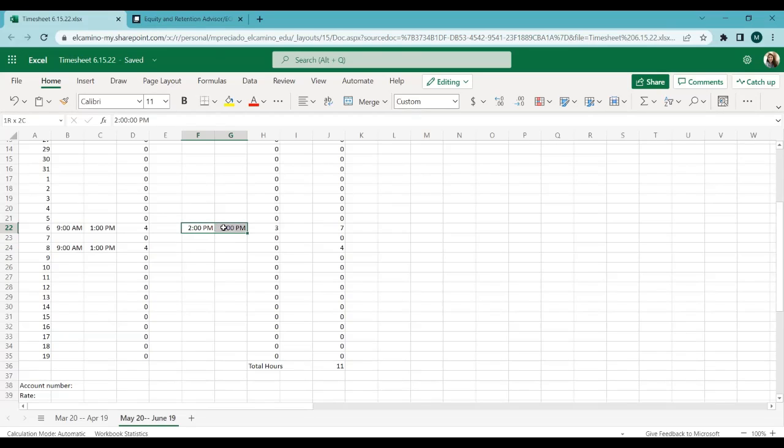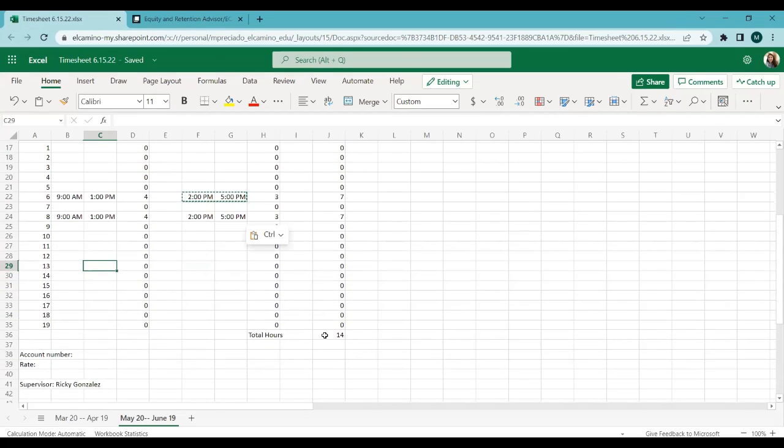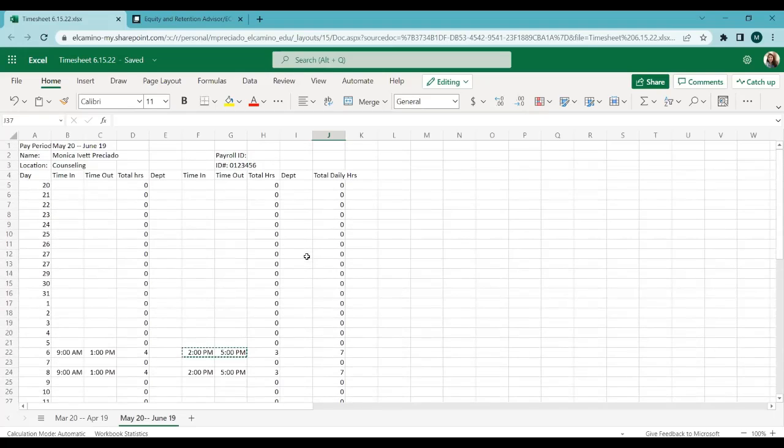As I mentioned, you can typically copy and paste. So there it is. And this gets tallied. Make sure this is correct. And then it should also tally the total hours down here. Once that's all done and you already submitted all of your hours that you worked, then you would go ahead